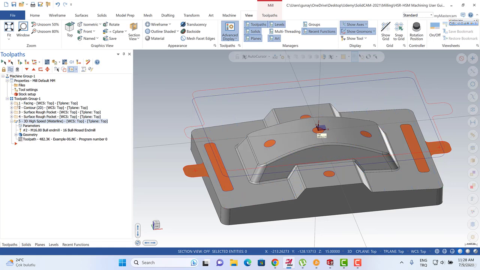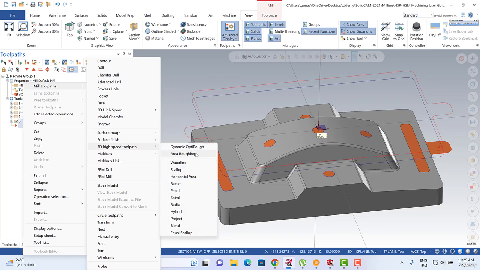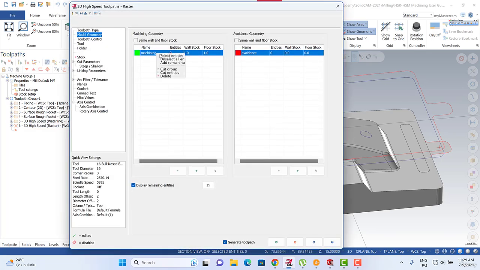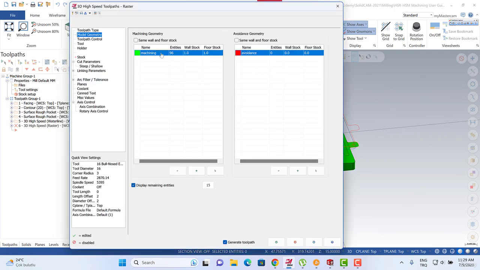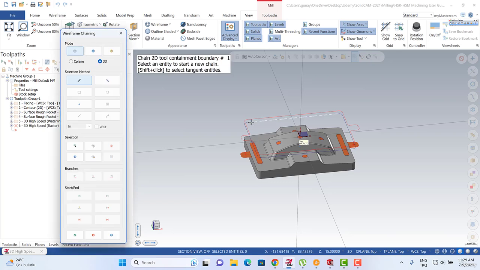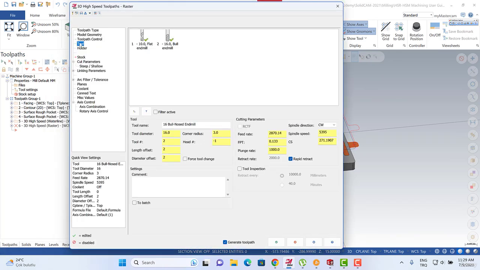Okay, let me turn to the right mouse button, mill toolpath, surface high-speed toolpath, and then we can use raster toolpath. And then let me select my face. This is my drive face. All of them can be selected. And then this is the toolpath control. We can turn here to organize our boundary, and let me create my